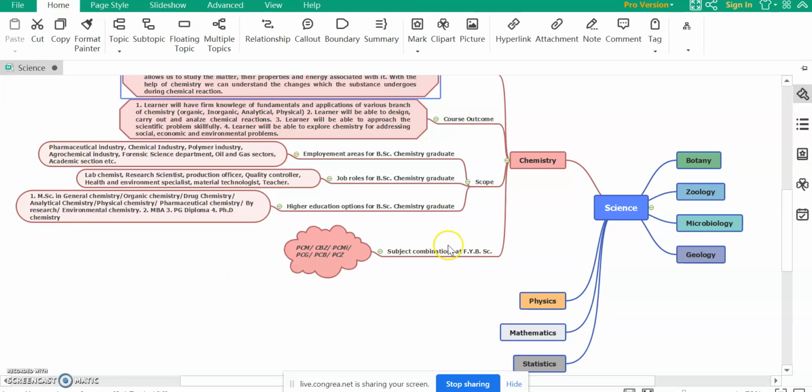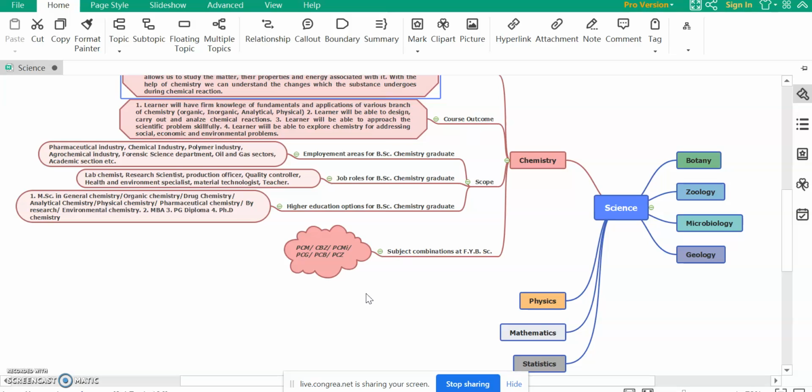So if we can create this kind of concept map for each and every subject, it will be convenient for the student to opt for a proper combination, because we have seen many a time students don't think about these combinations, and they just randomly select a combination, and at the end they think this combination was wrong, or they repeat the year. To avoid all those things, we can give an introduction about each and every subject like this, and we can help the student to select the right combination in their first year itself.